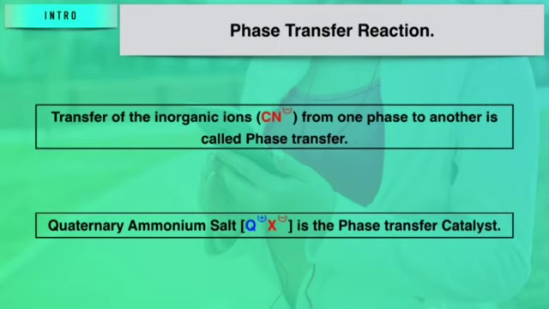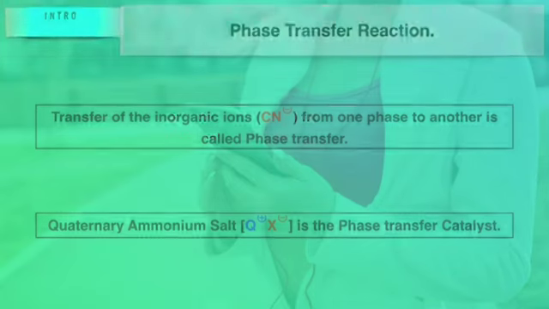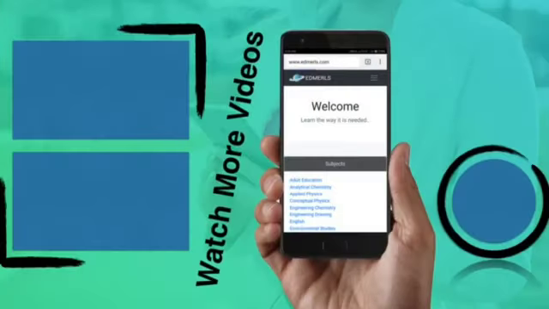Apart from SN2 reactions, many other different kinds of organic reactions are worked out with the help of such amine salts, like alkylation of carbonyl compounds, oxidation reduction reactions, right? Phase transfer catalyst. Is it okay? So it has a very important role to play within various kinds of organic reactions.